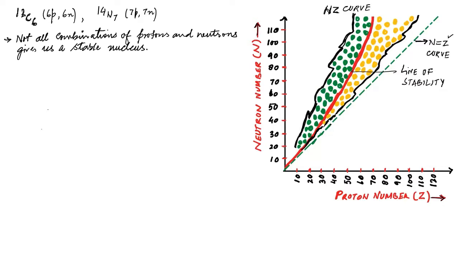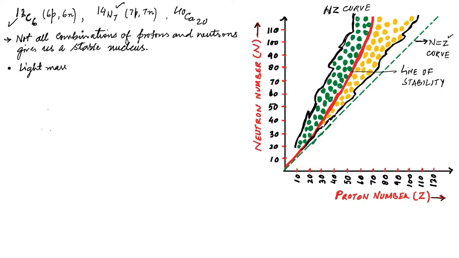We know that if we keep on combining numbers of protons and neutrons, it's not necessary that every combination is going to give us a stable nucleus, like carbon-12, nitrogen-14, or calcium-40. In general, what happens is that for light mass nuclei,